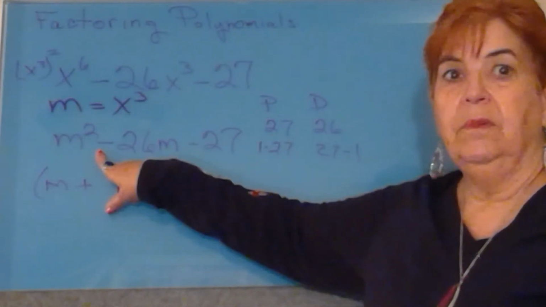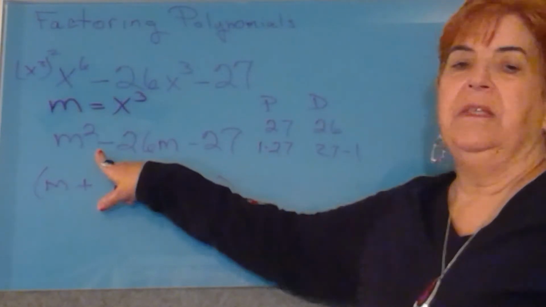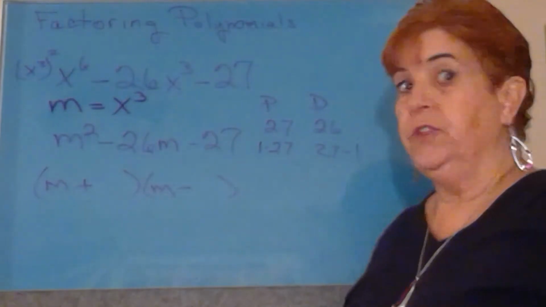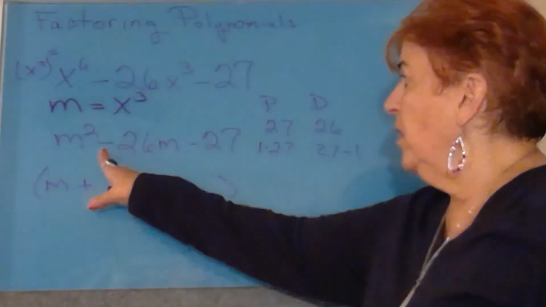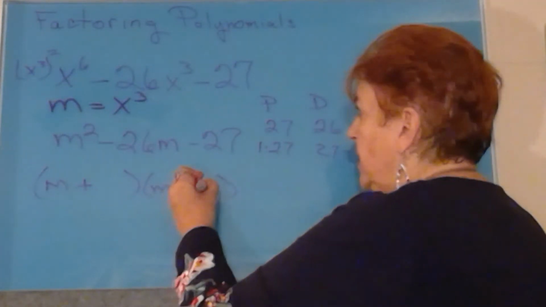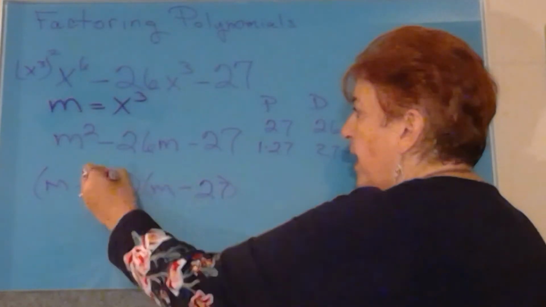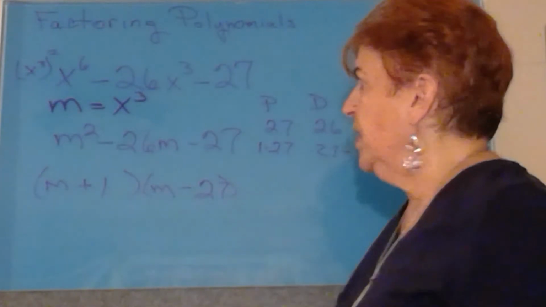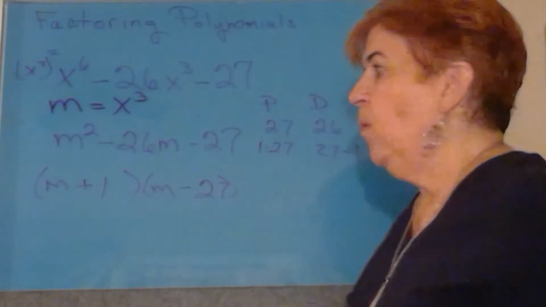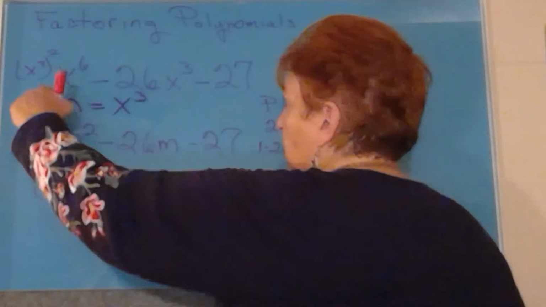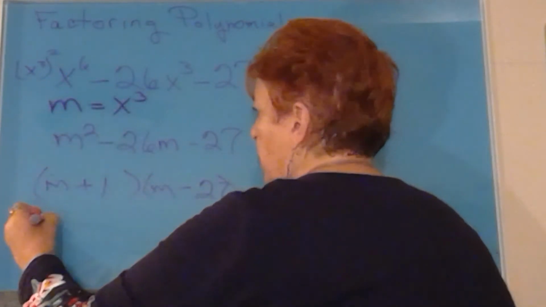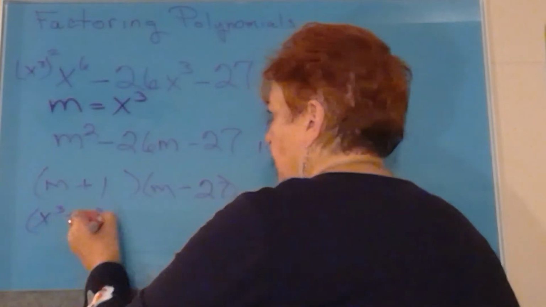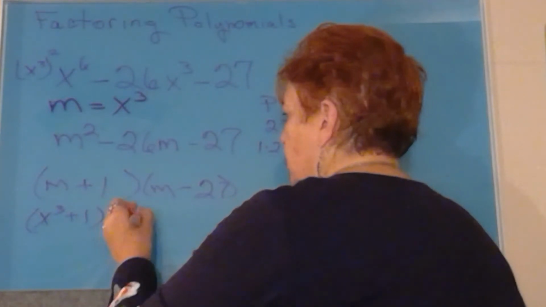That first sign, which is a minus, gives me the sign of the larger number. Well, 27 is definitely larger than 1, so the 27 has to go next to the minus, and the 1 goes next to the plus. Now remember, m was x cubed. So I have x to the third plus 1, and this is x to the third